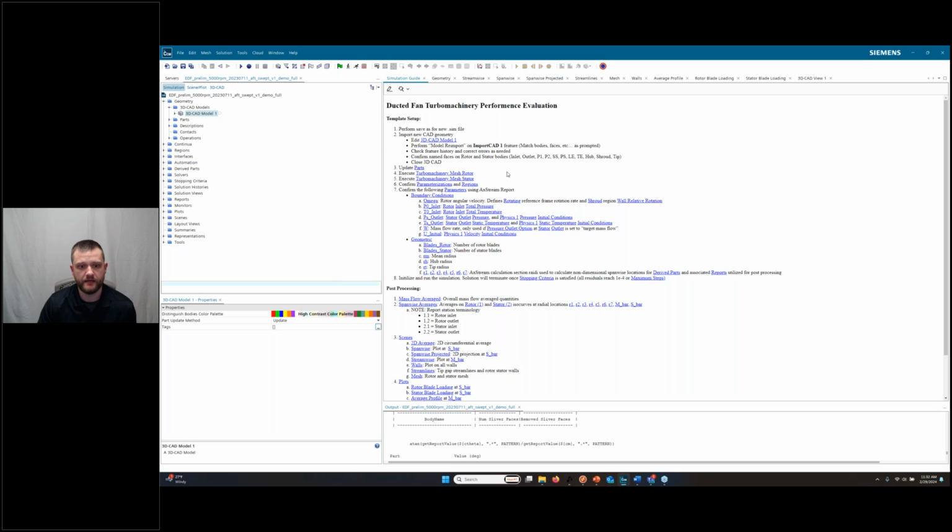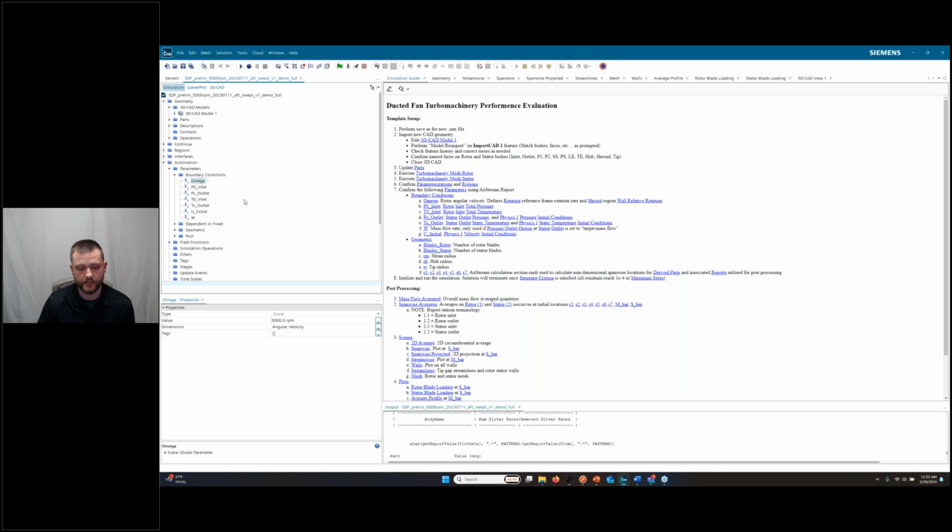The other thing I have in my inputs for a templated workflow is the parameters in our automation tree. In the boundary conditions folder, I have my rotor speed, my stagnation inlet conditions, my mass flow rate, or my initial inlet velocity. Depending on what type of boundary conditions I specify on my regions, it'll use these accordingly. If I use an inlet velocity boundary condition, it'll use the velocity condition.